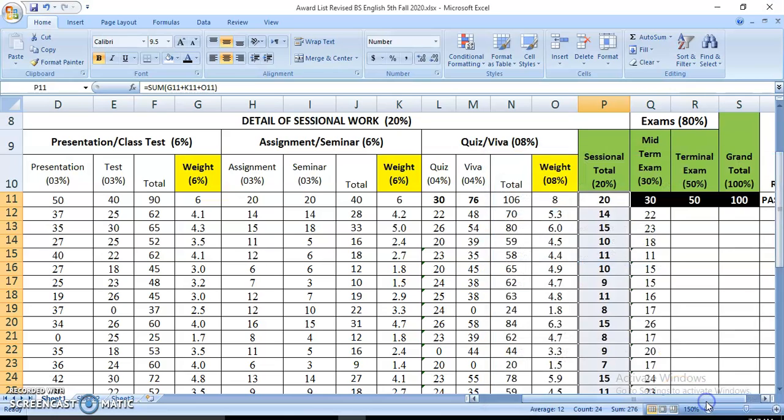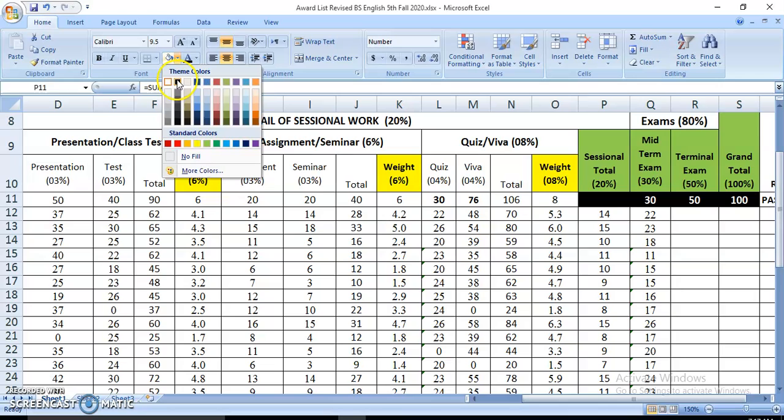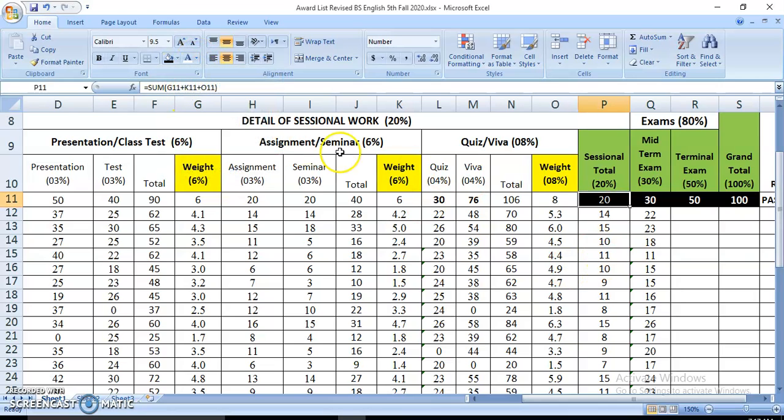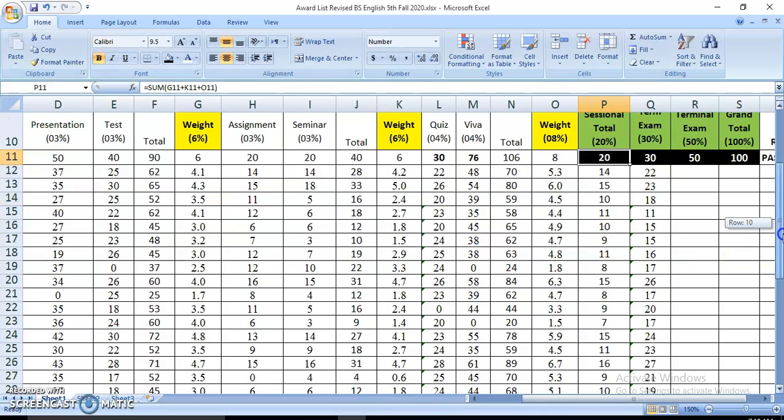Now as you can see here, it is automatically changed. We are going to give black color here, and then this one. So out of 20, each student score has been automatically calculated, 14.